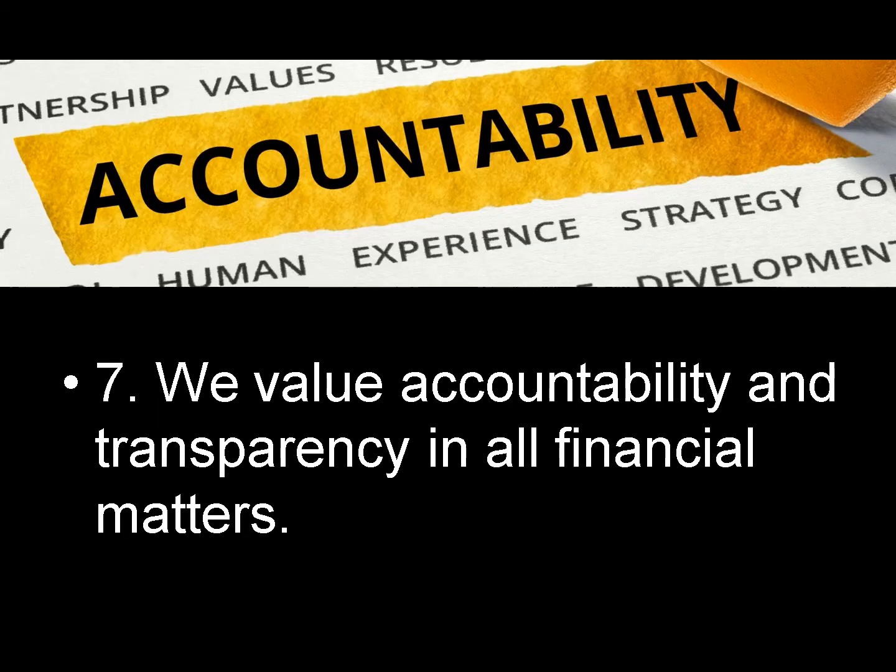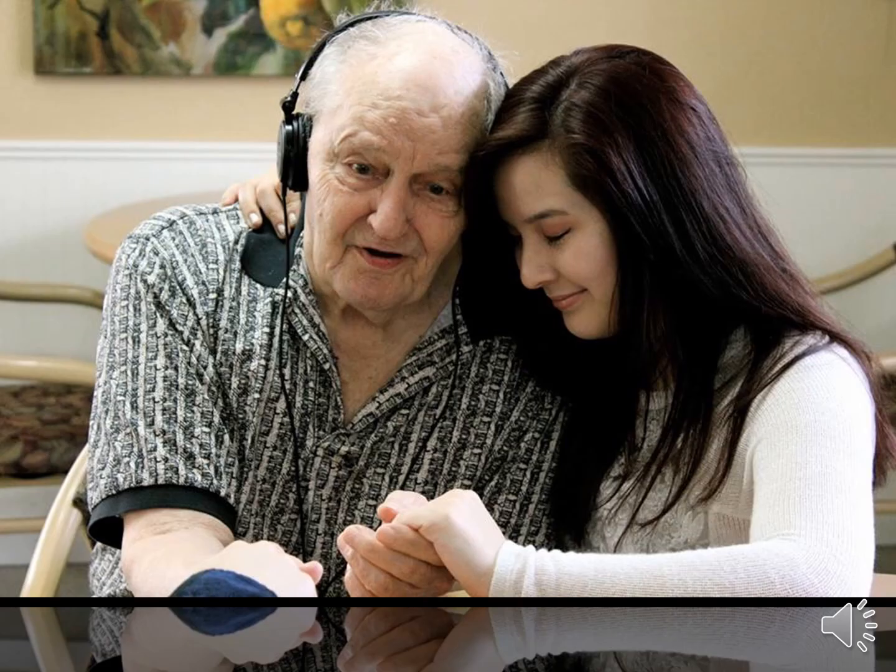Number 7 concerns accountability and transparency and disclosure. We value accountability and transparency, and we're ready always at any time to disclose our finances because we believe in accountability. All right, so that's the code of ethics for one student group at Ball State, Music and Memory. I think you get the idea here of what a code of ethics might look like.